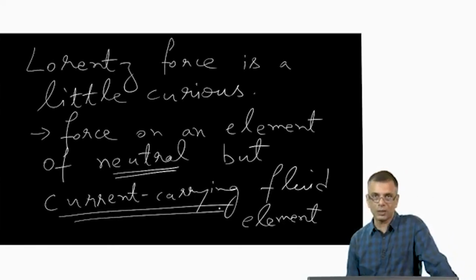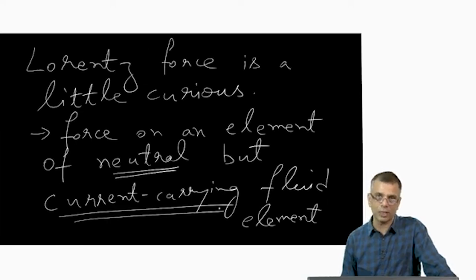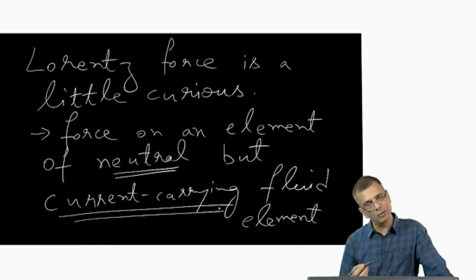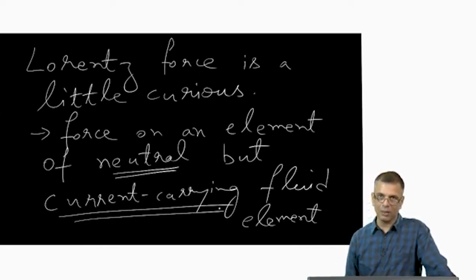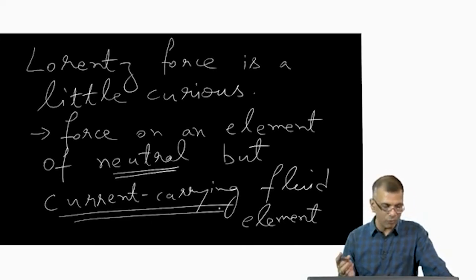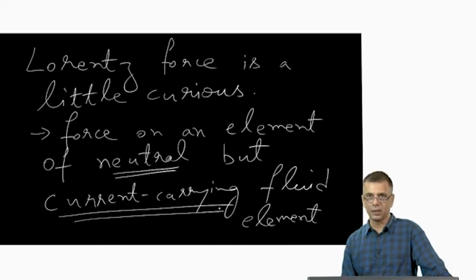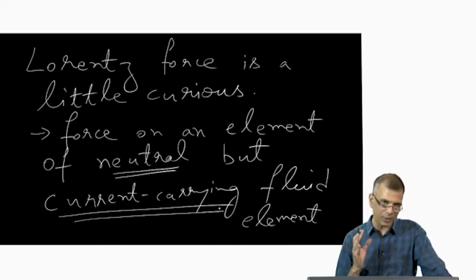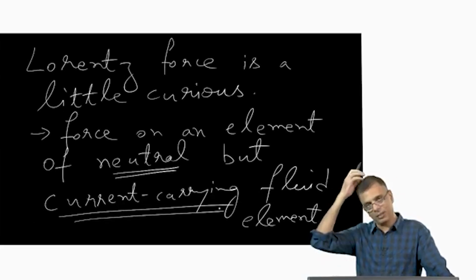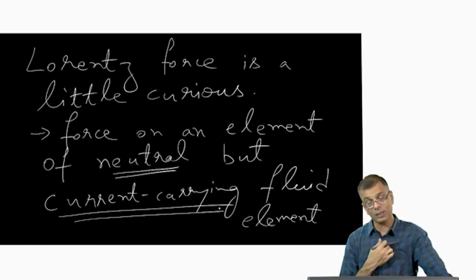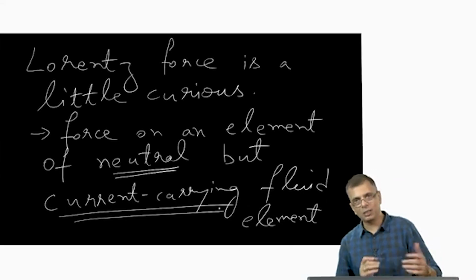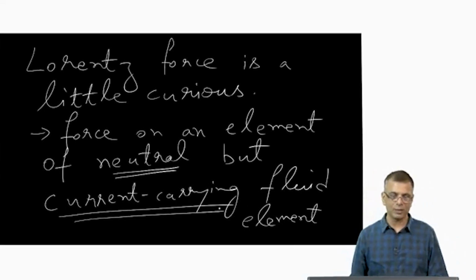Lorentz forces, which we normally think of as a Q times V cross B kind of force, isn't it? Where the Q is an explicit charge, right? So, the fact that now we are suddenly saying that this fluid element is neutral is a little funny. So, how can you have a Lorentz force? This is something that we need to come to grips with. At the same time, we are saying that the fluid element is neutral, but it is still current carrying. There is a J, right? So, these are issues that we need to come to grips with,